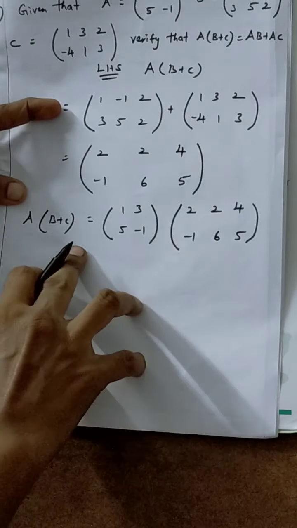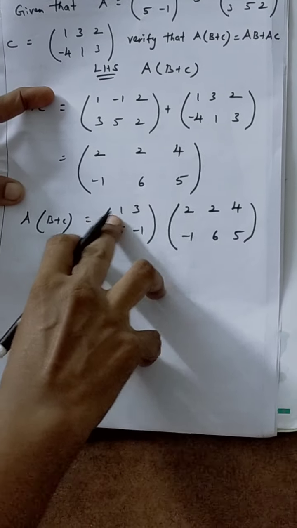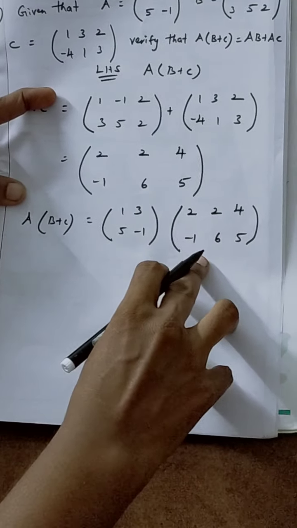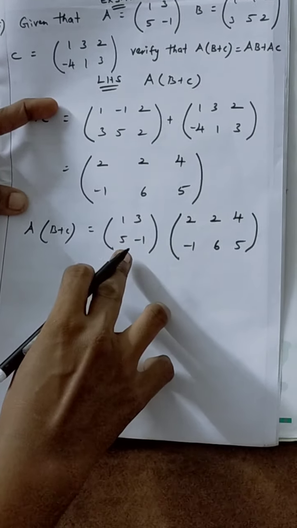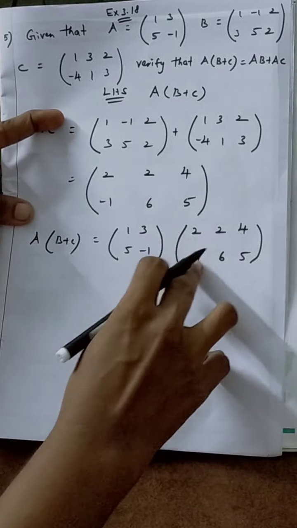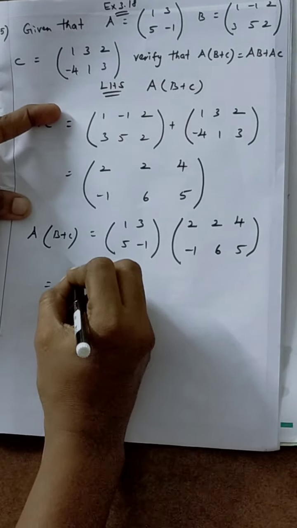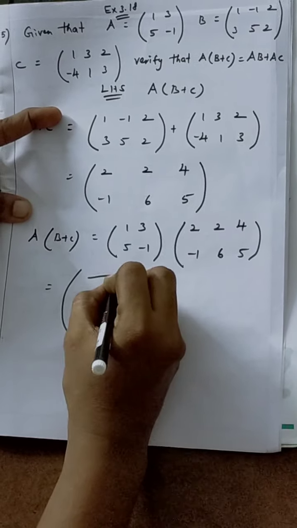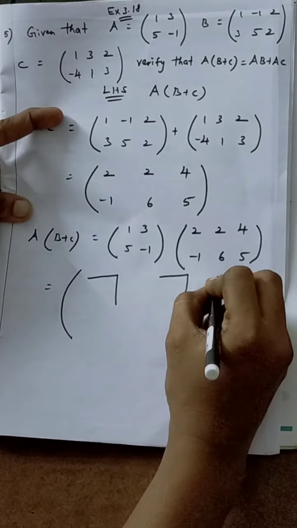Okay. So product of matrices means you multiply first row by first column elements, again first row, second column, first row, third column. Afterwards you continue with second row, first column, second row, second column, second row, third column. Okay, this method only is followed. First one is the first row, first column, first row, second column, first row, third column.